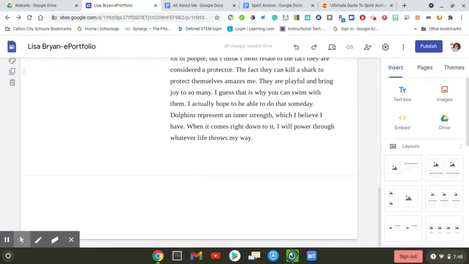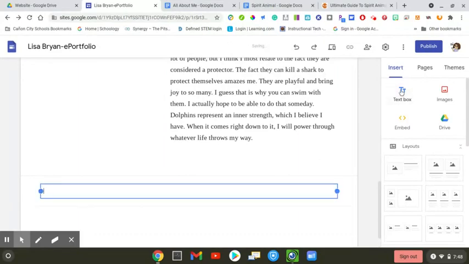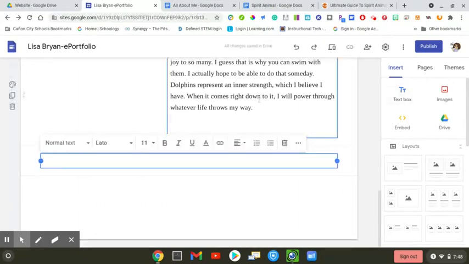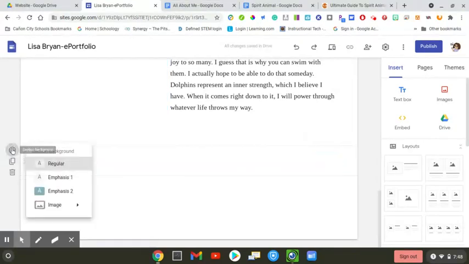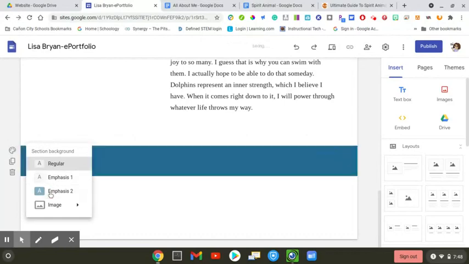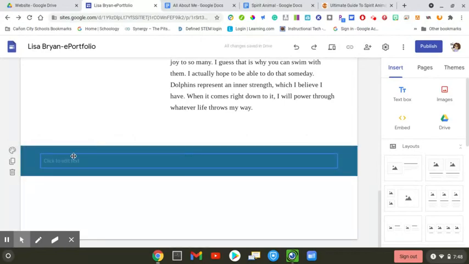And then lastly, you're going to come underneath here and you're going to put in a text box. And we're going to change this text box a little bit. We're going to make it a different color. I'm going to do the blue because I want my white to stand out. And you are going to type